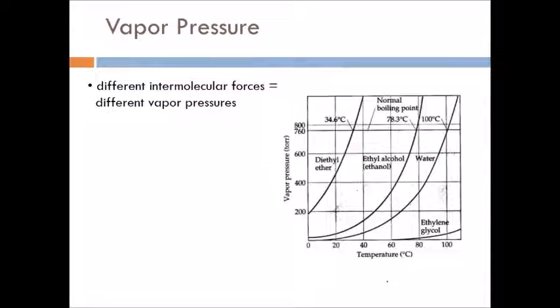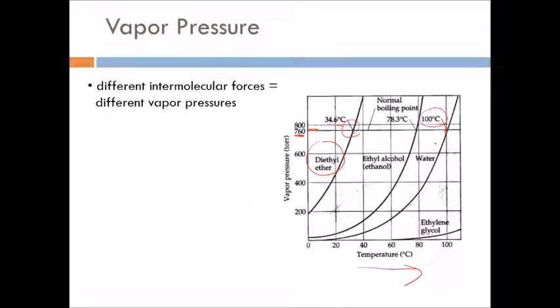Now, reading the vapor pressure curve, what you need to look at is different intermolecular forces for different vapor pressures. Diethyl ether has a normal boiling point, which is at sea level at 760 torr, of 34.6 degrees Celsius. Compare that to water at 100 degrees at the same pressure. Obviously, the diethyl ether has weaker forces, and it's easier to overcome them to make it turn into a gas than water. Water, you need a lot more energy,